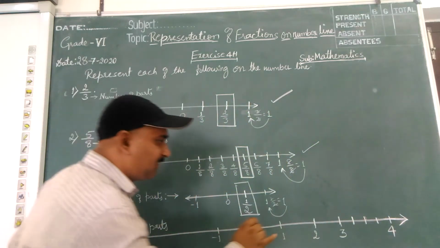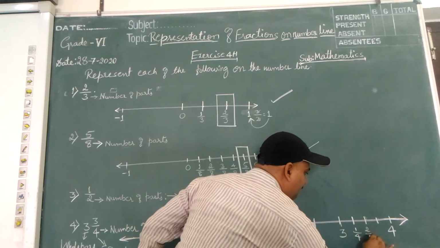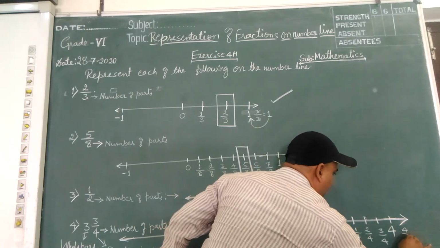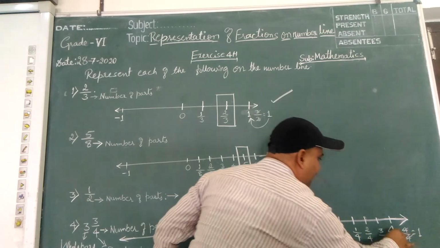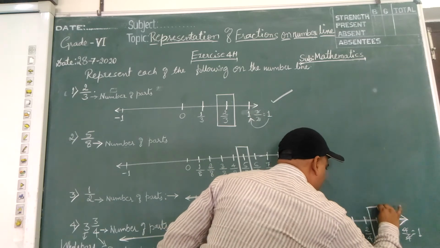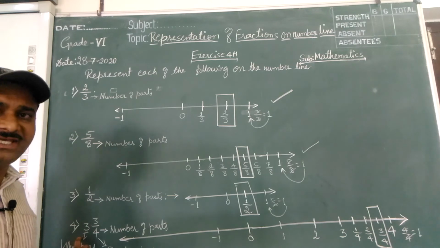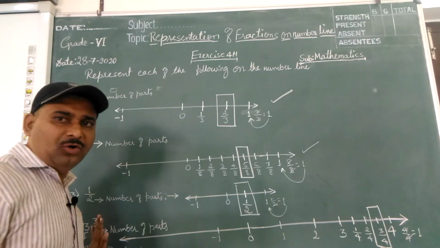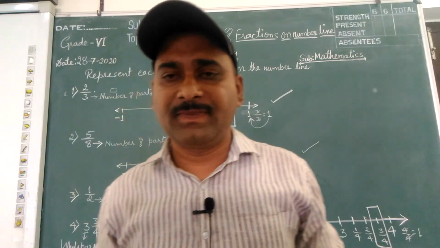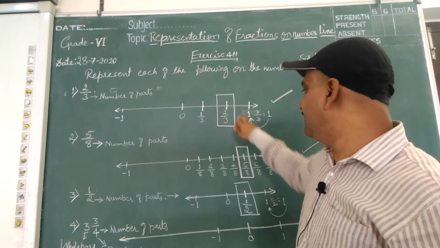So write down, the first part value is what? 1 by 4, 2 by 4, 3 by 4. This 4 means what? 4 by 4 value will be 1. That's why 4 is written. So where will we get 3 by 4? Here. Like this, when a mixed fraction is given, you should not worry about the whole part. After the whole part, you should start showing the fraction. So like this, easily we can show fractions on the number line.